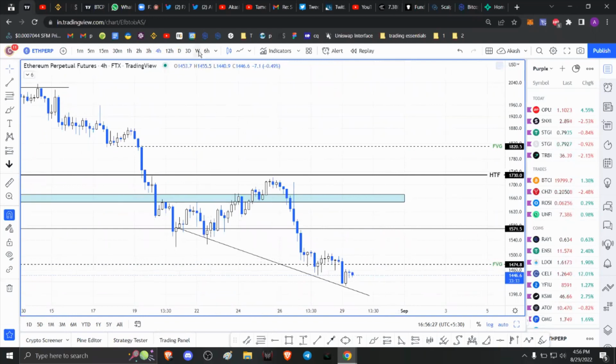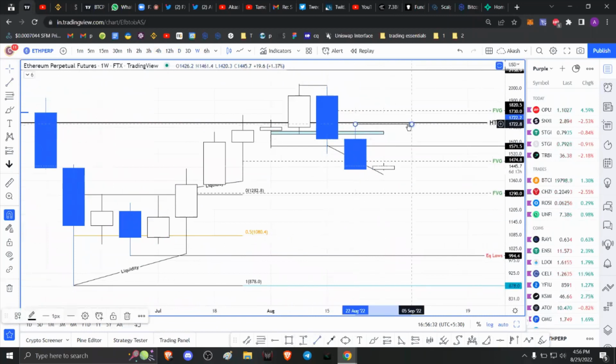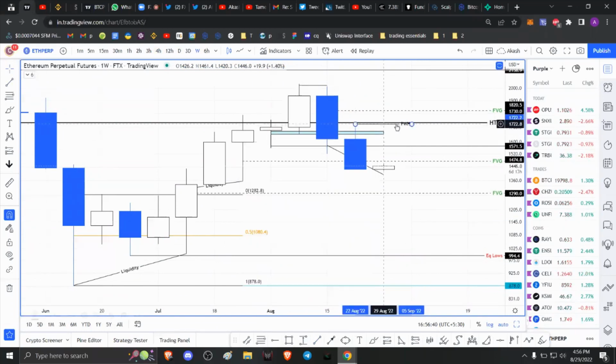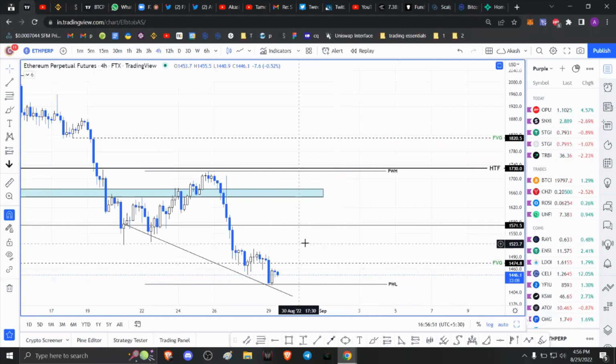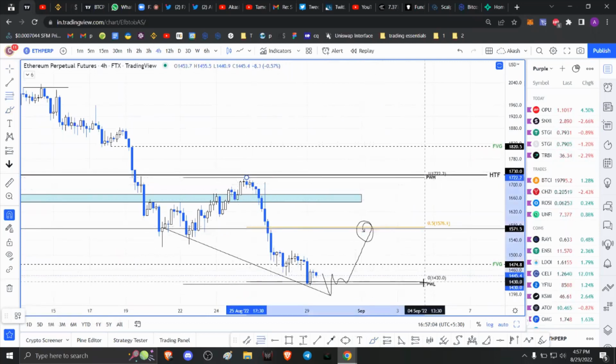but I don't see it going a lot higher. And if you look at it from a weekly time frame perspective, you can see this was the weekly high. This was the previous week's low. So one play that's possible over the next week, and what I'm expecting right now, is a sweep of the previous weekly low followed by a recovery. And once the price recovers, I'm going to long this and potentially try to target the midpoint of this particular range here. So the midpoint is